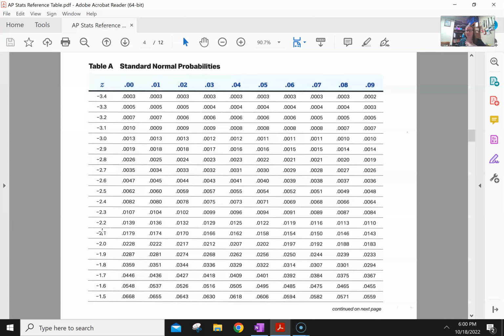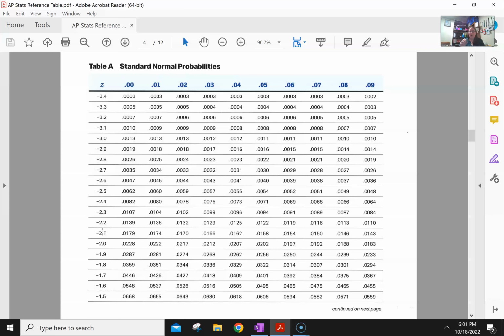For me, I have a slightly bigger reference table because it's easier to see on the screen. So you go to -1.5, and then across the top are all of the hundredths places. So down the side are your ones and your tenths, the ones and then the first decimal place. And then across the top is your second decimal place. So for us, our z-score was